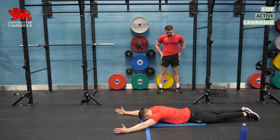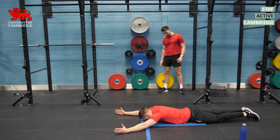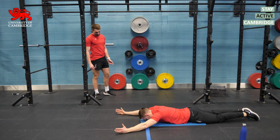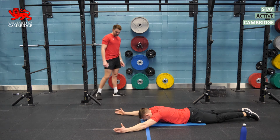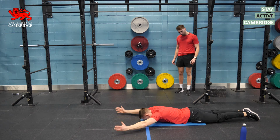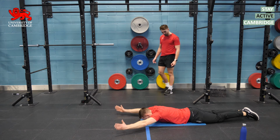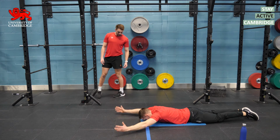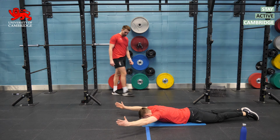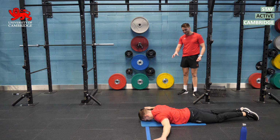1, 2, 3, 4, 5, 6, 7, 8, 9, 10, 11, 12, 13, 14, 15. So your shoulders should probably be starting to burn now, and then we're going to go into those